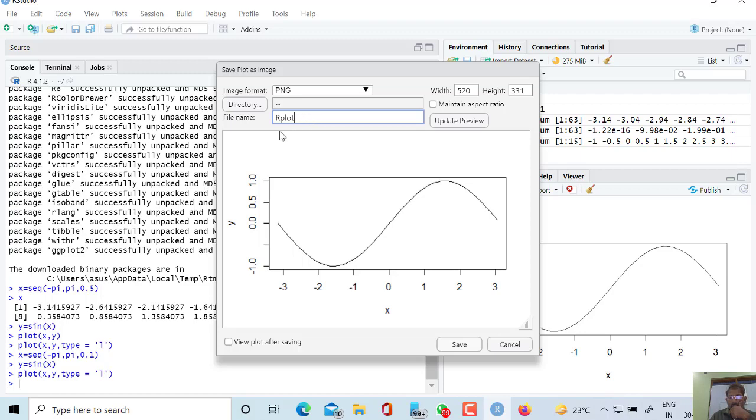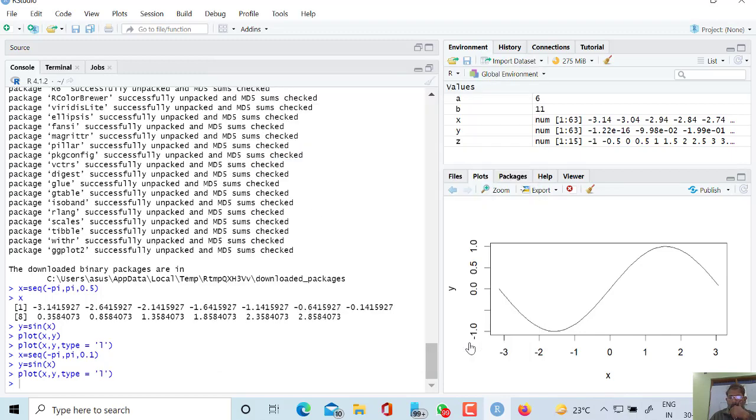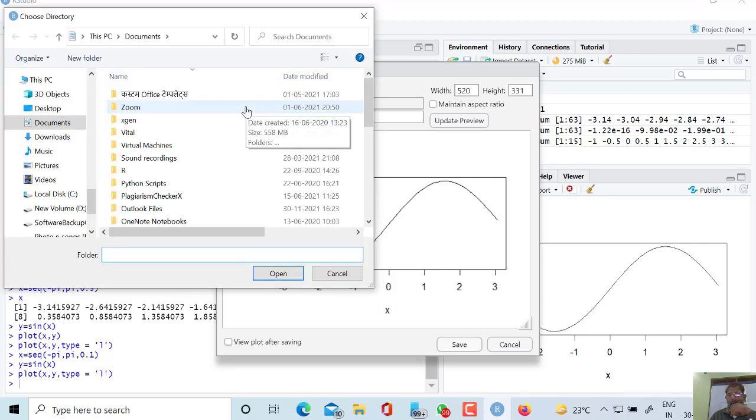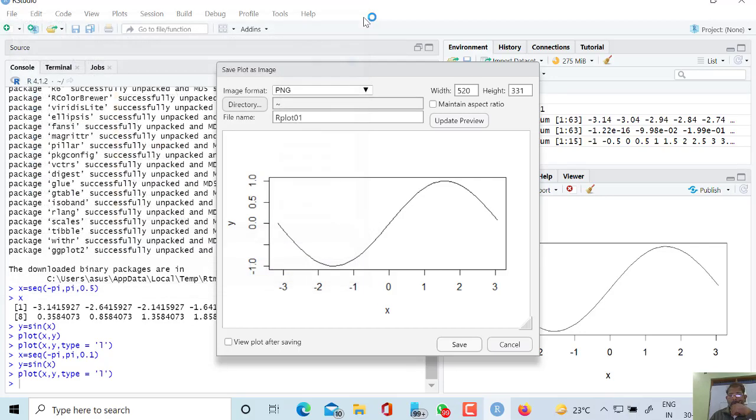You can name the plot also and save, and it will be saved in your current working directory. In this way you can write here, and if you want to change the directory also, you can go here and change the directory accordingly. So you can change the directory like this.